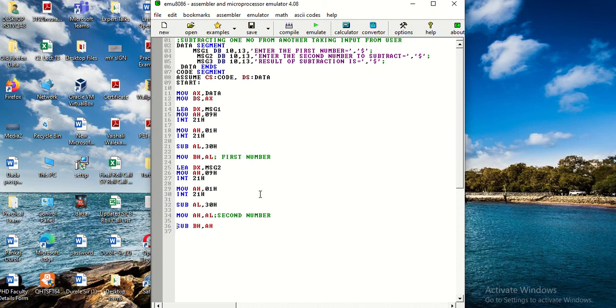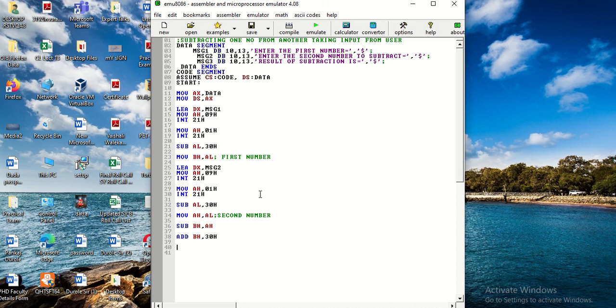Now once we subtract a hexadecimal number from another hexadecimal number, we will need an output in the decimal form. So what we will do over here is add to bh, because the result is available in bh, the fixed value 30h, and finally my result is ready.